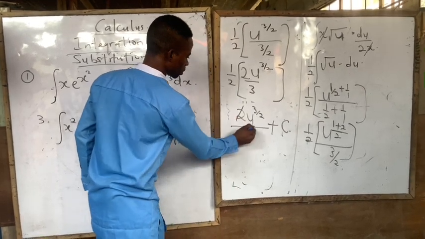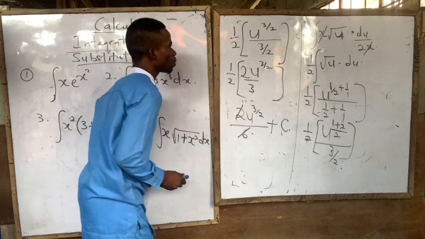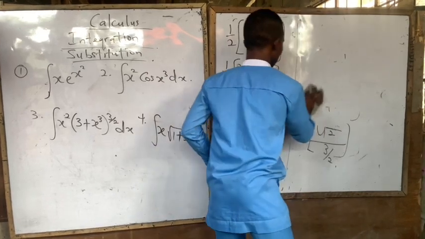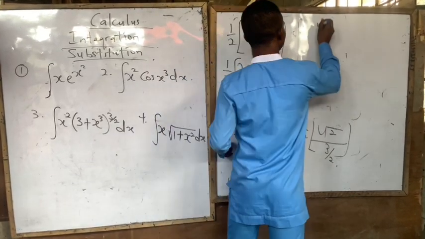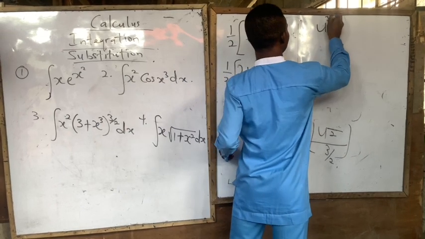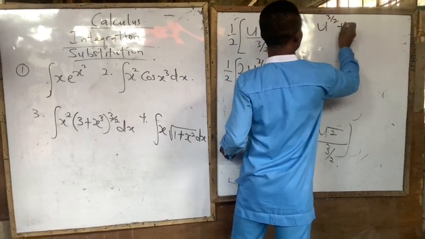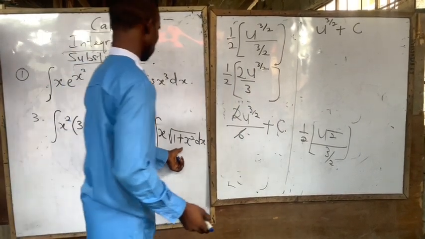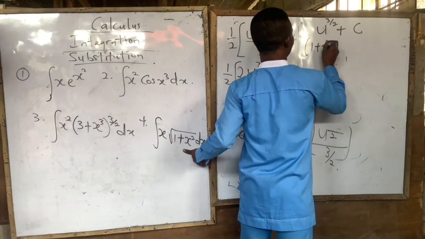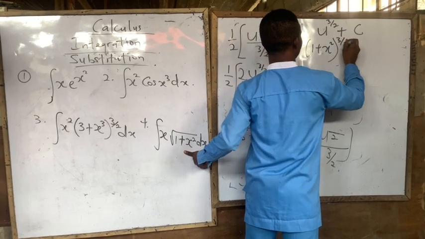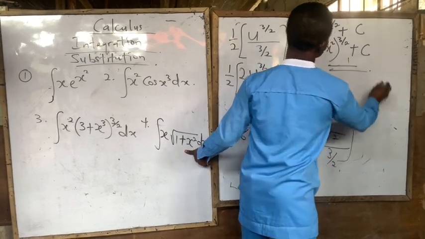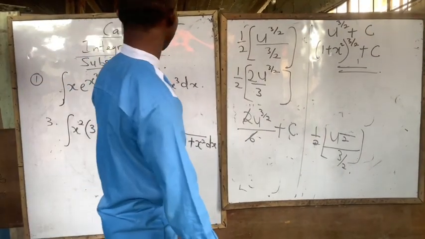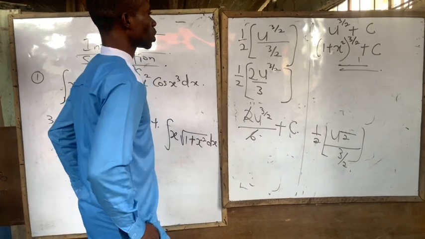And this one, 1 over 3. That means you are having u raised to power 3 all over 2 plus constant. And what's our u initially? Our u is 1 plus x squared. So it is 1 plus x squared, raised to power 3 all over 2, plus arbitrary constant. So the special substitution that we can have